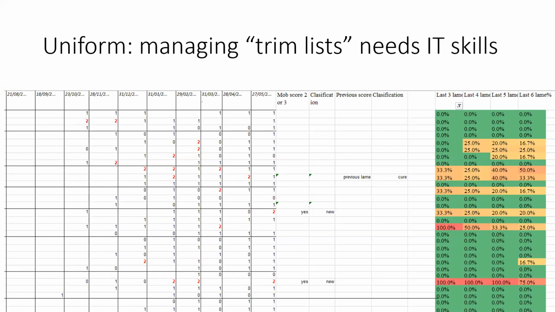But they then go through this by hand, and they will look. So here in this column, I've downloaded this and put it into a spreadsheet. But this particular farm would then go through this last column and say, right, okay, this cow here, she's score 2, and she's had a history of being score 0 or 1, so she would constitute a non-lame cow that has just gone lame. I've programmed my spreadsheet so that it identifies her as a newly lame cow, so I can spot those quickly. And I look through her history, and I can see from this set of analyses here